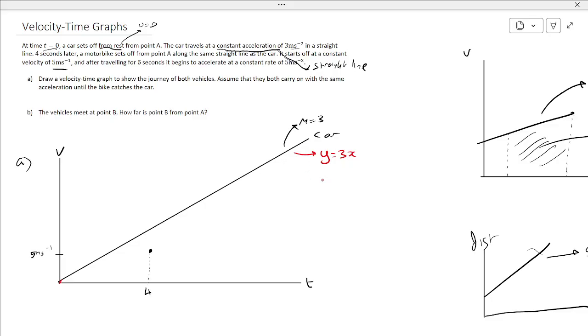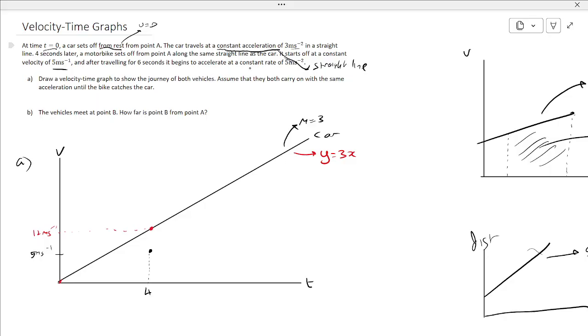Properly, you should write v equals 3t, but I'm just trying to make things as simple as possible. If the line has equation y equals 3x, then I know when the time is 4, when the x coordinate is 4, the height would actually be 12. So that's how I knew